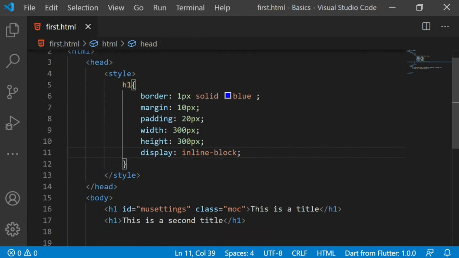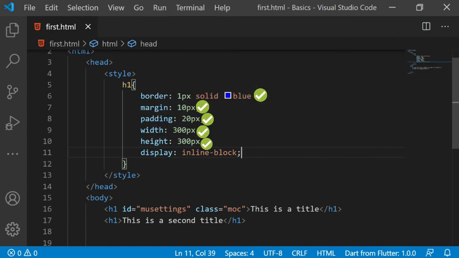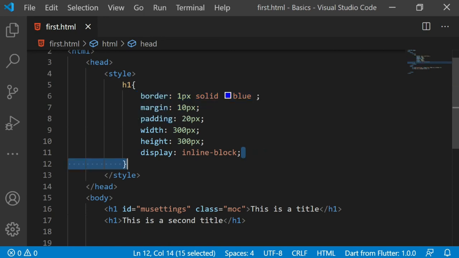Alright, so now we have seen what the CSS box model is. How do you give border, margin, padding, width and height; content anyway you are formatting. See, these three are part of the box model, but content is also part of the box model. How do you format the content? Well, you have already seen that you set the font color, font size. That's all about formatting the content.